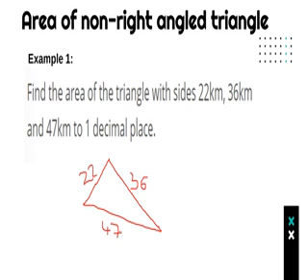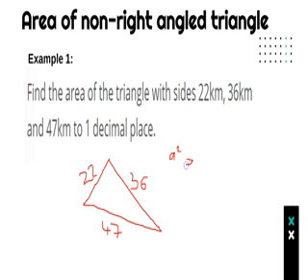You are required to find the area of this triangle. As we have said, in order to find the area, there should be two given sides and an enclosed angle. But in this situation we have not been supplied the angle, and in order for us to proceed, we need to find the angle first and then calculate the area. You are given three sides of the triangle and the angle is not there. So if you are given three sides of a triangle and you are required to find an angle, you apply the cosine rule,